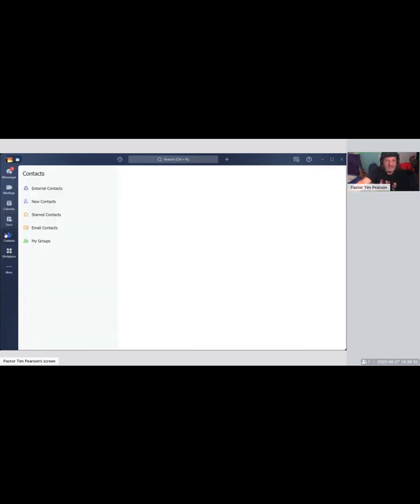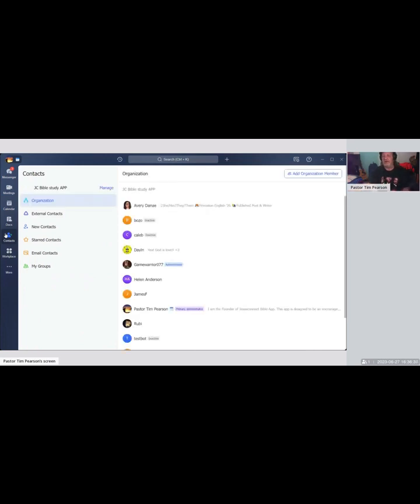Contacts, you can invite people. There's a link that it automatically creates. So you can create a link, and that link you could send it to Facebook, Instagram, Twitter, anywhere you want on the web, and invite people. You could publicly invite people. You could have a public site where anybody could join it from anywhere in the world. You could have a private site where only people you want to send that to. You can email people and they can join.